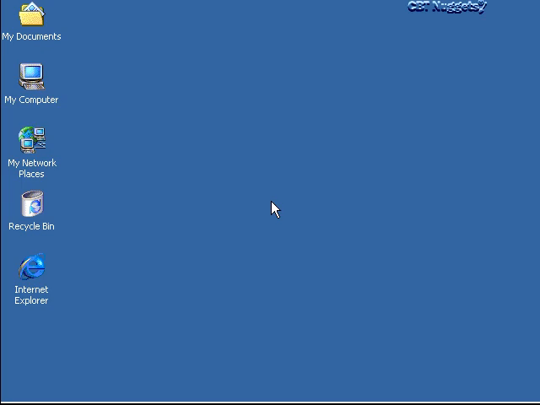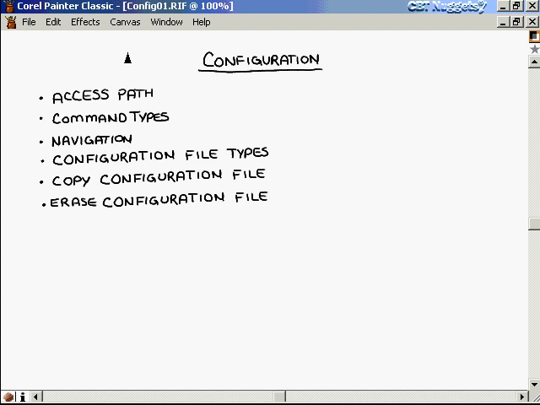The IOS configuration file. The IOS is the most robust and powerful network operating system in the industry, but without the expertise to manipulate its configuration files, it's nothing more than potential. A CCNA is required to have a high degree of competence in editing and copying these files. In this nugget, we're going to start out by looking at the access path to get to the configuration mode